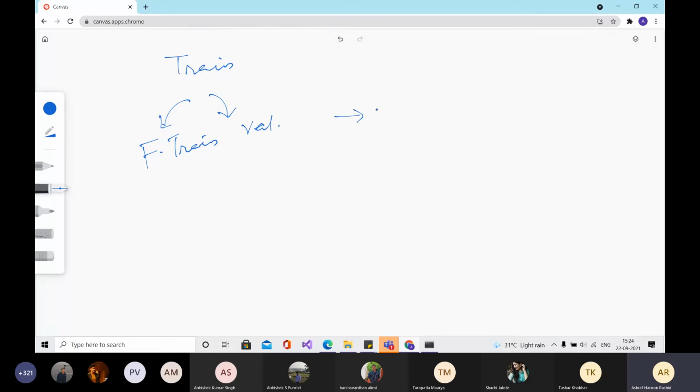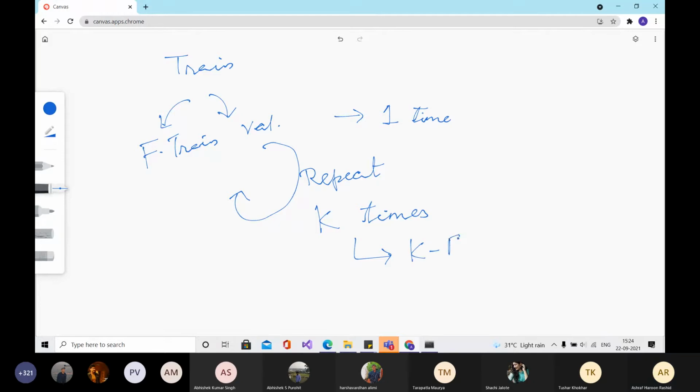You perform this one time. It turns out you can repeat this same method k times. And this method is known as the k-fold validation method, or k-fold cross validation method, whatever you can call it.